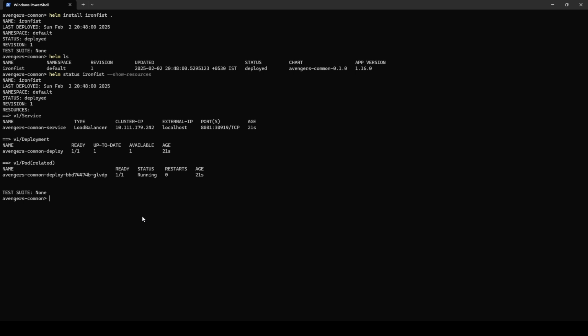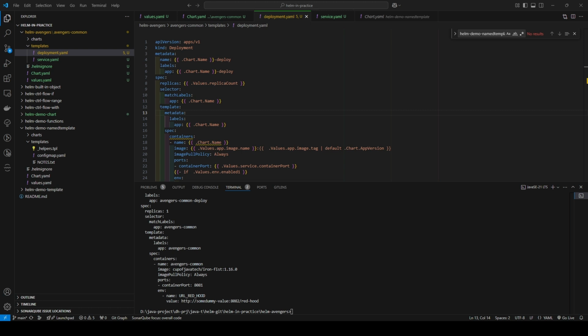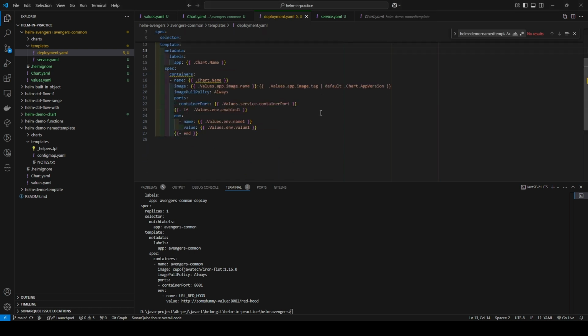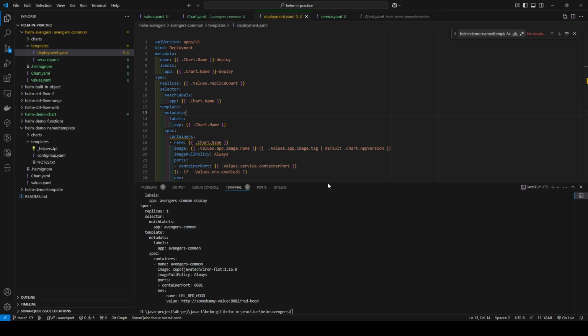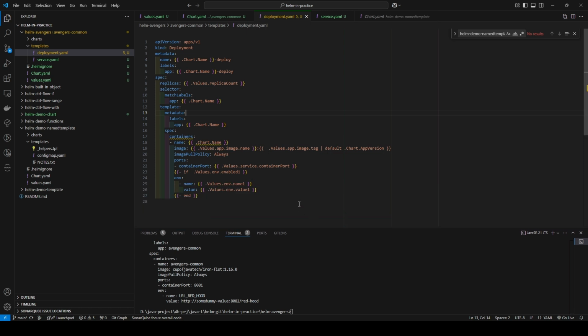So what we have done so far is we have created a common chart and we have deployed that. This is the common template we have created. Our goal is to create a Helm template for the Iron Fist and the Red Hood, both of those applications, and then we use that with a common template. So in this video we will just do this much, and in the next video we will continue with creating the Iron Fist and the Red Hood